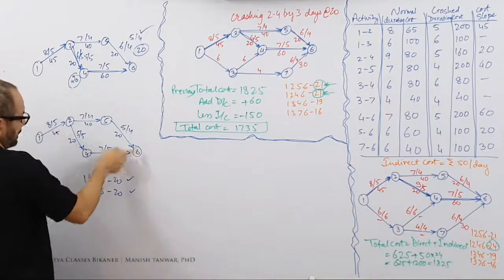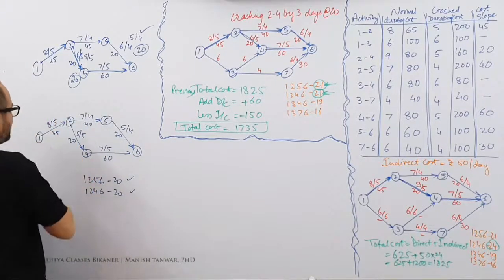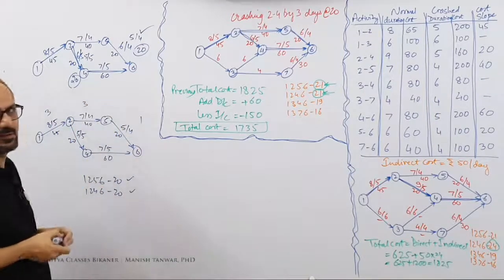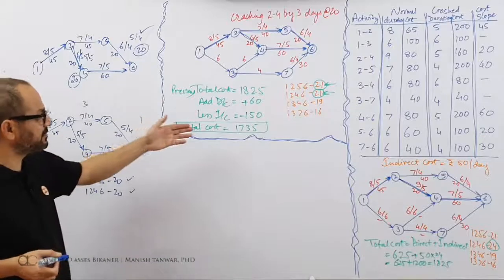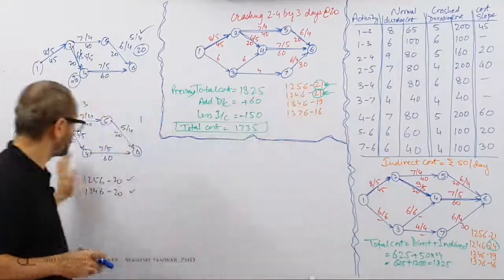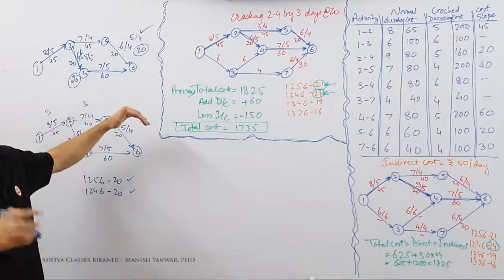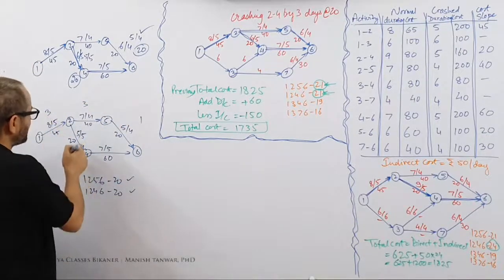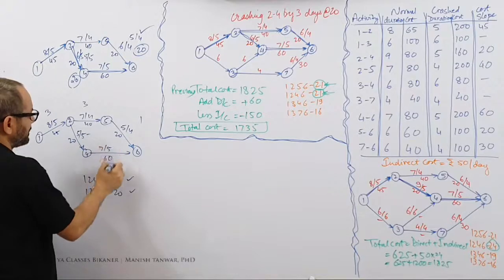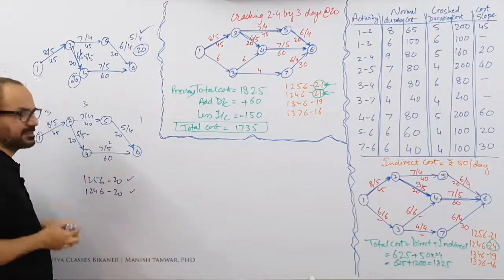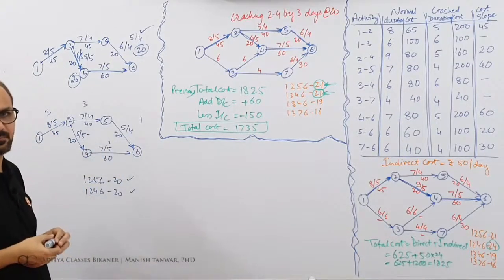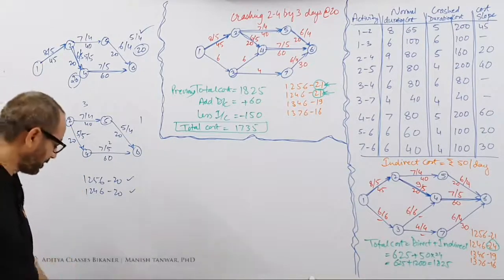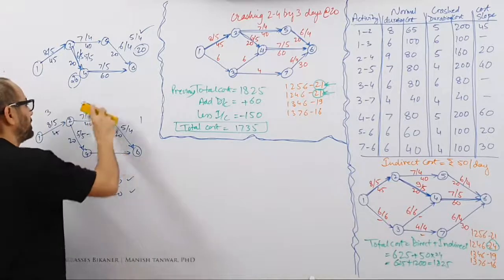Over here in 1, 2, 5, 6, 3 days can be saved over here. 3 days can be saved over here. 1 day can be saved over here. So you can save a total of 7 days on this path. Still I can save 7 days. I only need 1 day. What about the second path? We can save 3 days. Nothing can be saved. I can save 2 days. So 3 into 5 days can be saved over here also. But the idea is the days should be saved on both the paths simultaneously. How do we decide upon that?